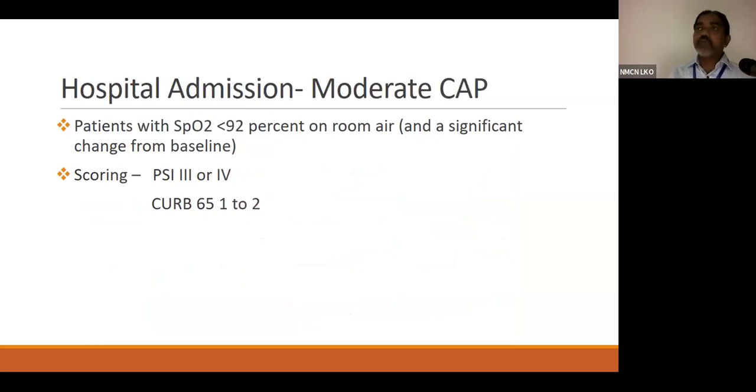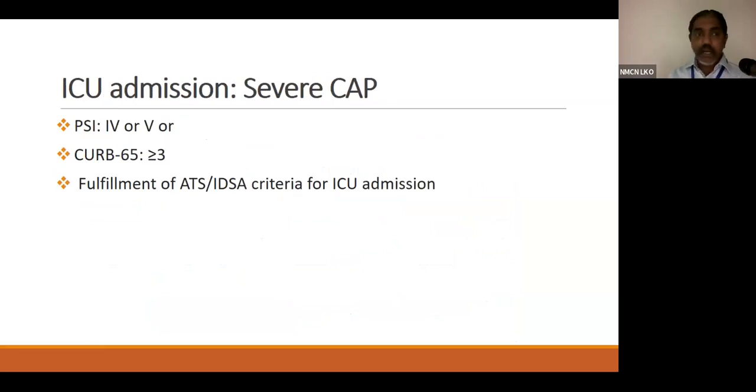Moderate community-acquired pneumonia is termed as requiring hospital admission in patients who have resting SpO2 less than 92% on room air, or they have a PSI of 3 or 4 with a CURB score of 1 to 2. However, patients who fulfill the IDSA criteria for severe community-acquired pneumonia should be treated in ICU. They also have a CURB-65 score of more than or equal to 3, or pneumonia severity index of 4 to